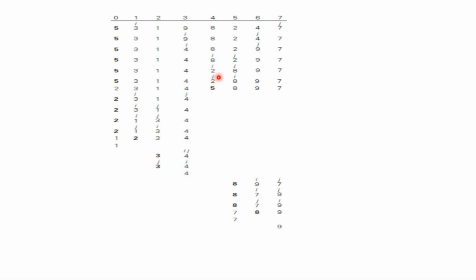Now j has become lesser than i. What you should do when j is lesser than i? You need to swap the jth element with the pivot. So 5 is taken in the place of 2 and 2 is exchanged with the element 5. So 2 comes here and 5 is here. So what have you achieved? You have made the partition at position 4. So anymore this 5 will not change its position. It has reached its final position.